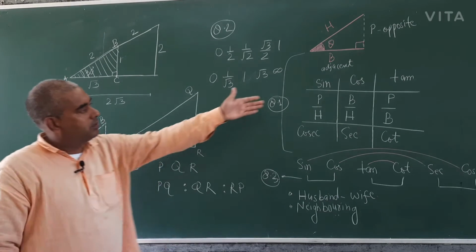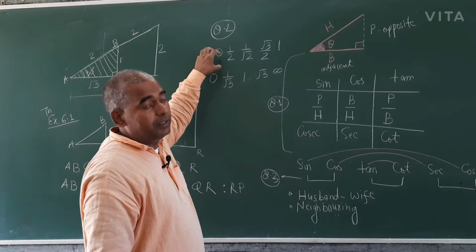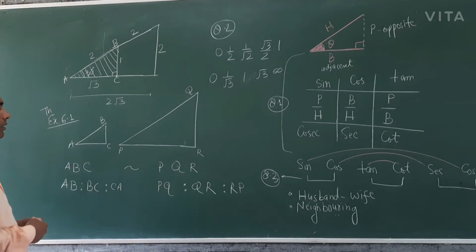So this is the ratio, this is the ratio, this is the ratio, and this is what the value I have found. This is all again ratio, trigonometrical ratio. So that was chapter number 6, and the theorem. Let me find and tell you where it is. Basic proportionality theorem, theorem 6.3.